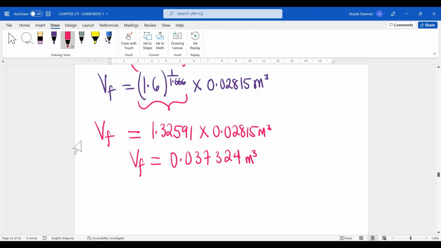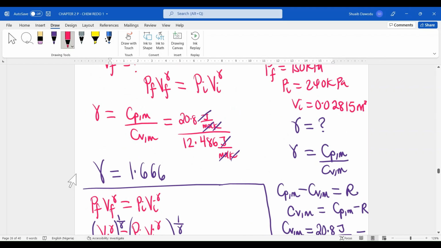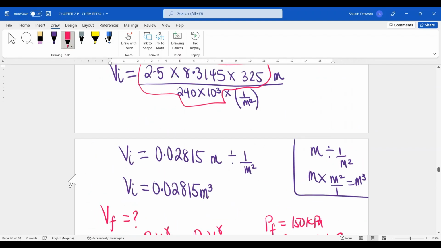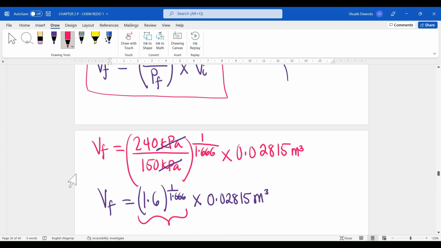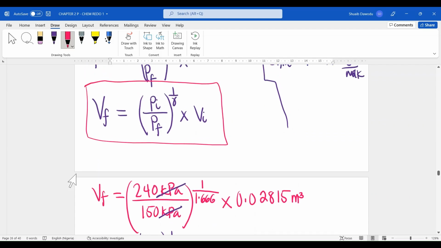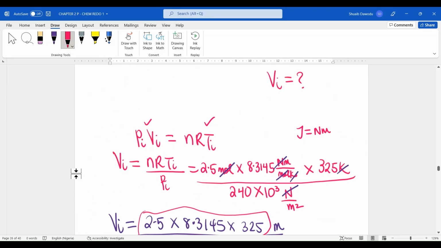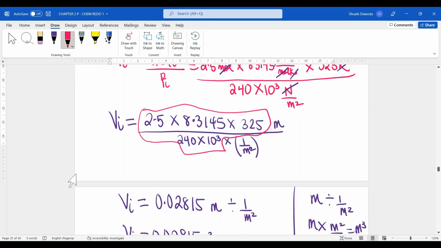Now, you may be wondering, okay, we've gotten the answer, but we're dealing with a chemistry question, so we can't just say, oh yeah, we're done. You actually have to put in the proper number of significant figures. So I'm going to go back to where we're given the parameters, and see the number of significant figures that we're given in the question. I'm just going to put my answer for volume in